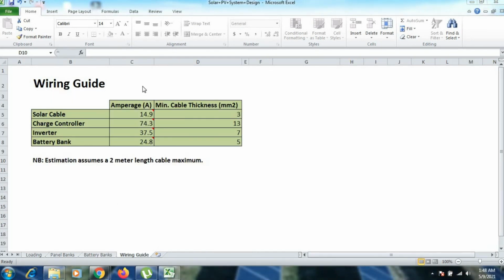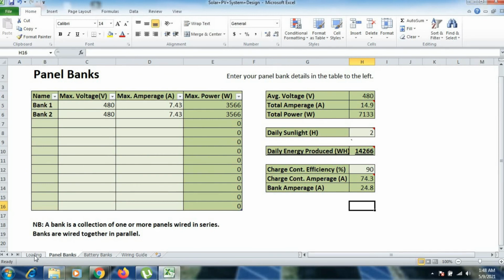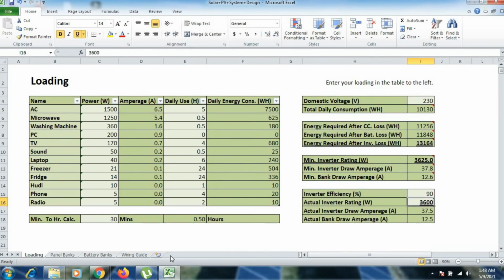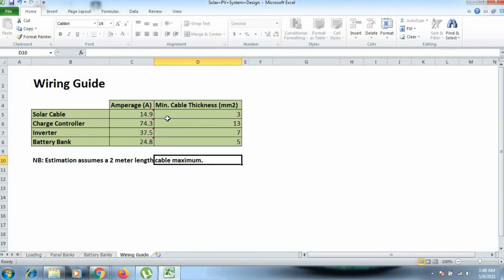So guys, now we have all the amperage rating for battery banks, panels and everything, and also for the loads for the inverter. So here the Excel sheet has already taken the values inside it, and the cable thickness is given as per the ampere rating.